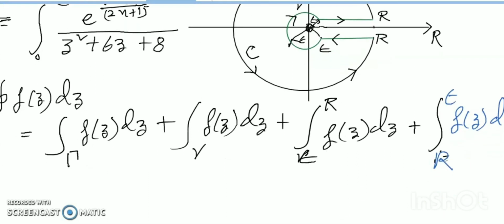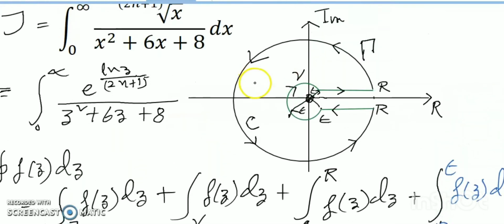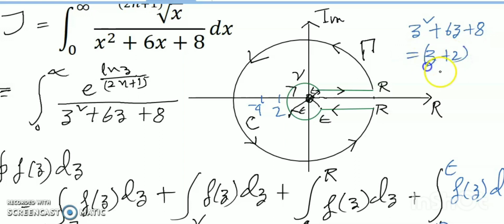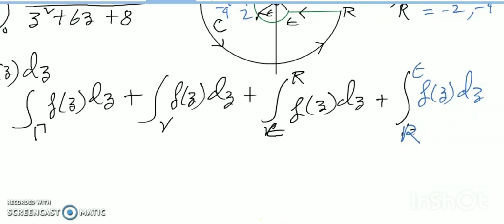Okay, so now I will apply the residue theorem. So what is my pole? My pole is -4 and -2. How? Because z square plus 6z plus 8 can be written as (z plus 2) into (z plus 4). Okay, so the poles equal -2 and -4. Okay, so this way we can get now